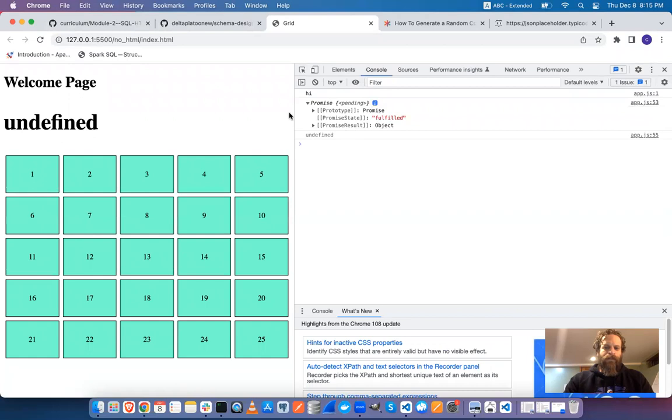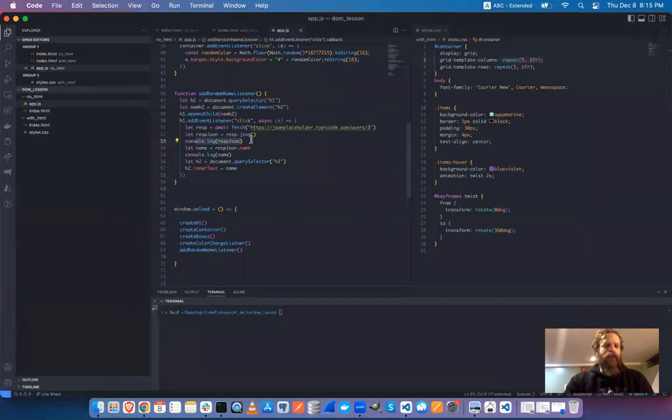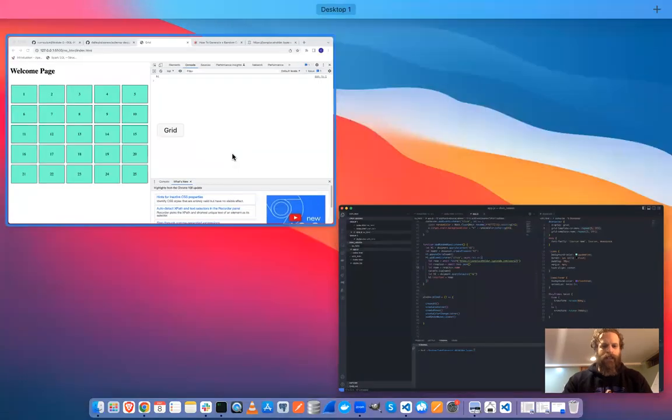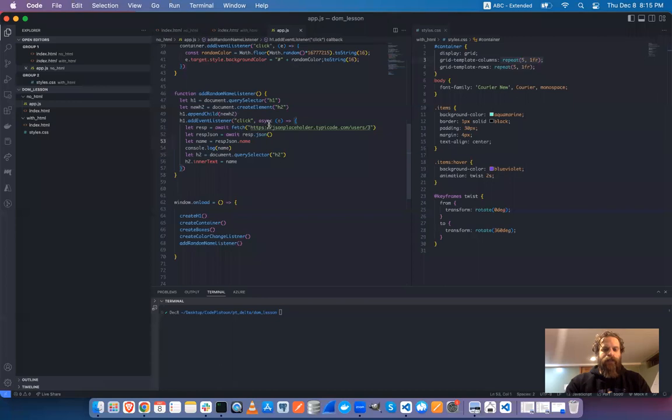We'll see some more of them later, but this is actually a promise, and you can't really do anything directly with a promise, unfortunately. So we have to await it. And when we await it, we should be able to access the name. And if we click this again, it's going to be the same name every time, but you can see that this is actually incrementing. So to make that random,